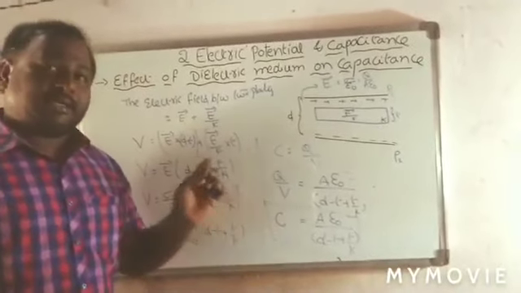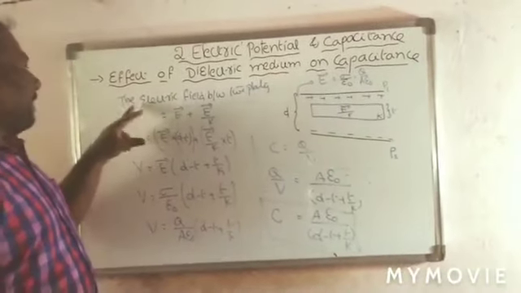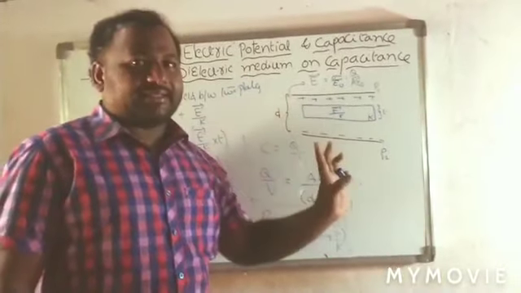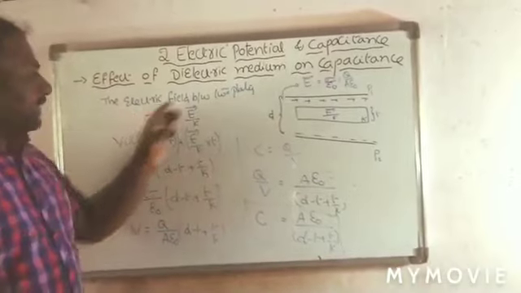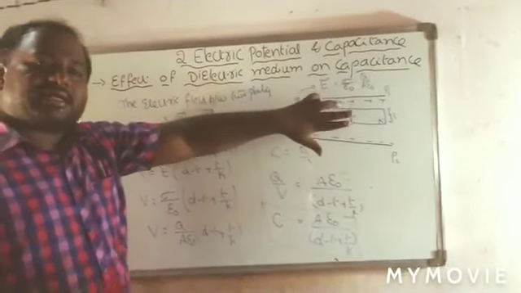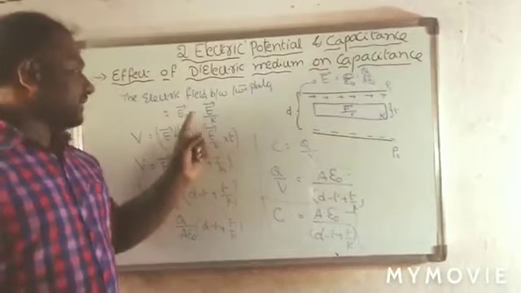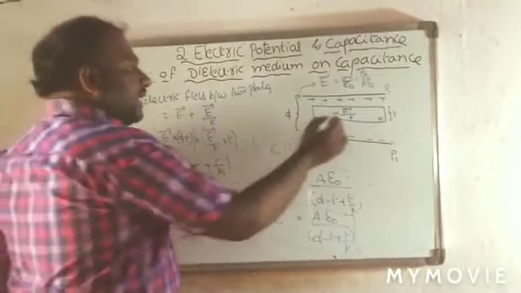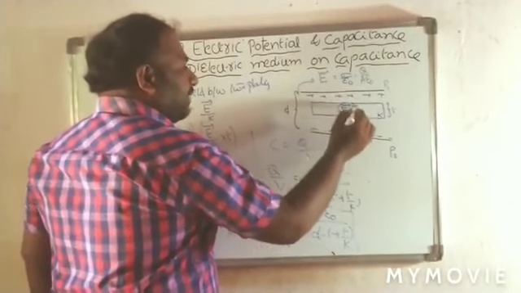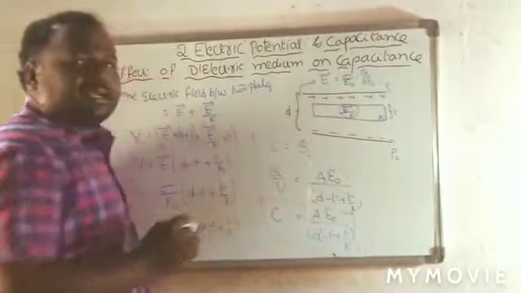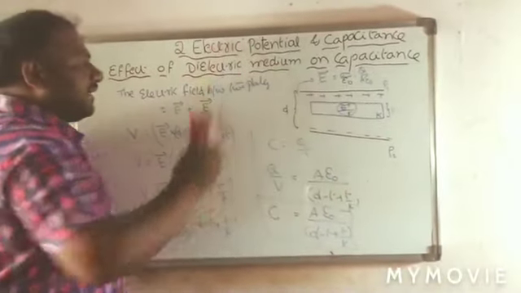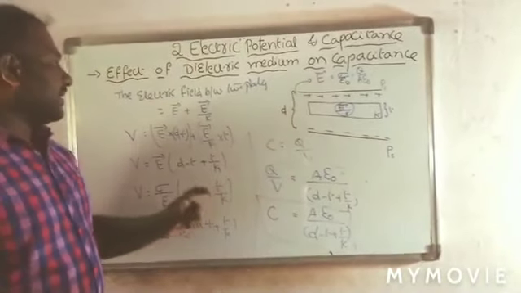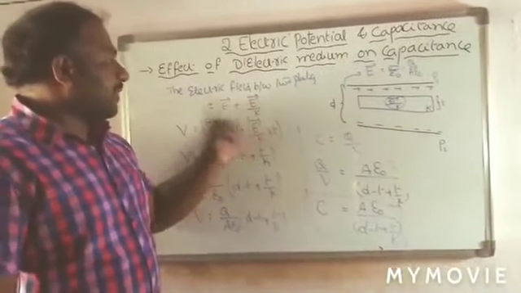Now once again, see the derivation. The expression is important from the objective point of view also. Here I consider a parallel plate capacitor with a dielectric slab of thickness t. Without dielectric, we already derived in the last session that the electric field between the two parallel plates is sigma by epsilon naught. When dielectric is placed, the electric field can be taken as E bar by K, where K is the dielectric constant. Therefore, the total field inside this parallel plate capacitor is E bar plus E bar by K.